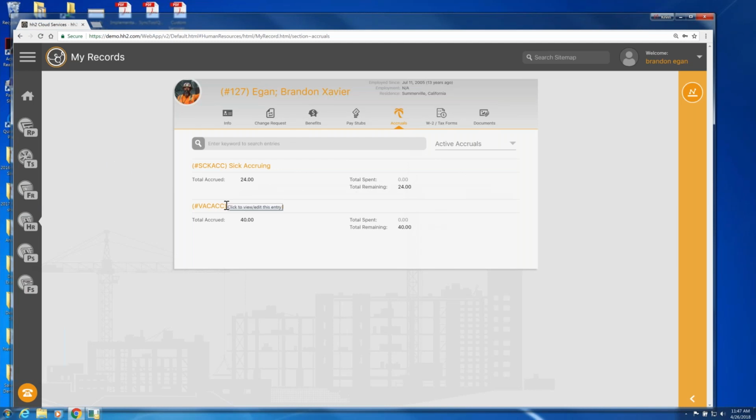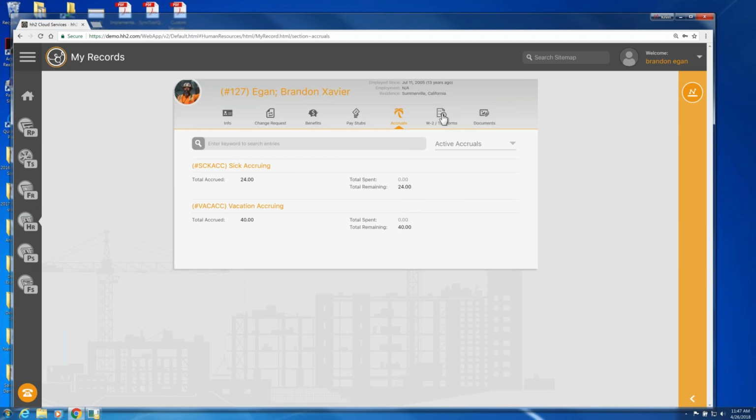Also, for companies that tend to be using our remote payroll product, the employee can log in and actually run a report. Like, if I want to see, hey, how many days have I taken off so far? If they're using remote payroll, I can do a custom query based upon that. Or not a custom query. I can just do a report called a labor detail report and see that.